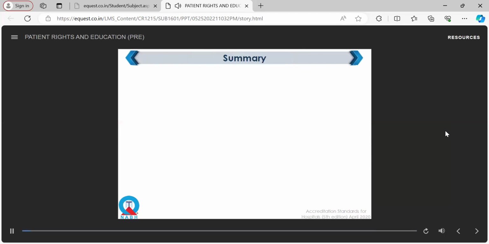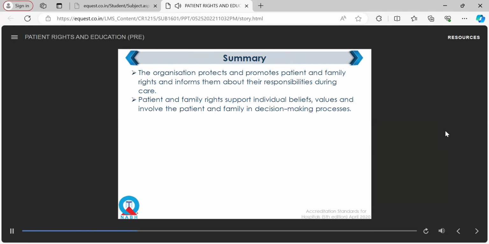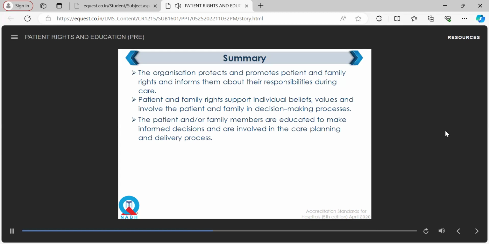Let us now summarize what we have learned in this module. The organization protects and promotes patient and family rights and informs them about their responsibilities during care. Patient and family rights support individual beliefs and values, and involve the patient and family in decision-making processes. The patient and/or family members are educated to make informed decisions and are involved in the care planning and